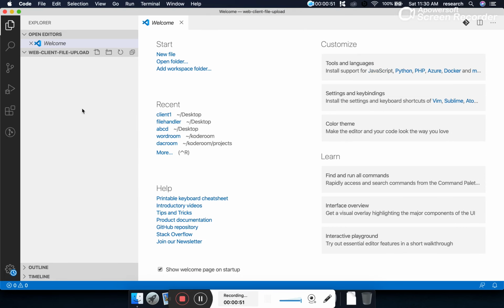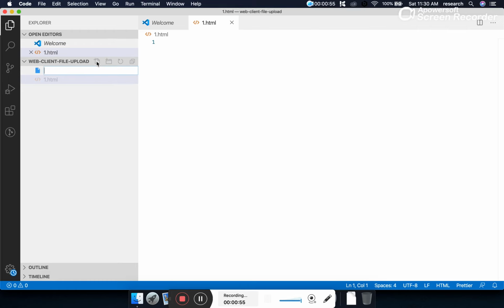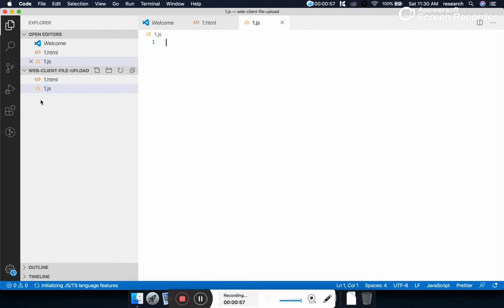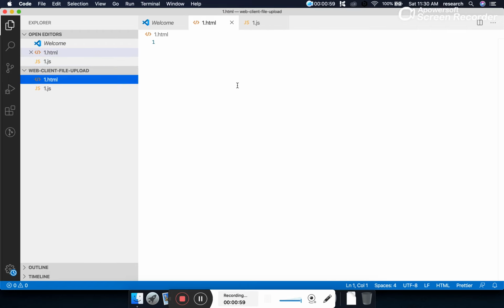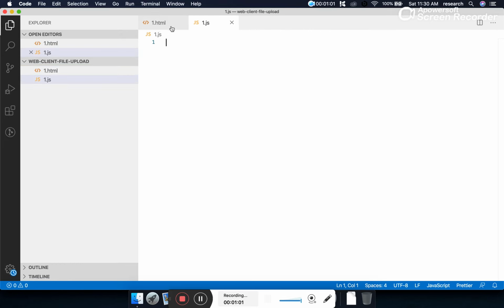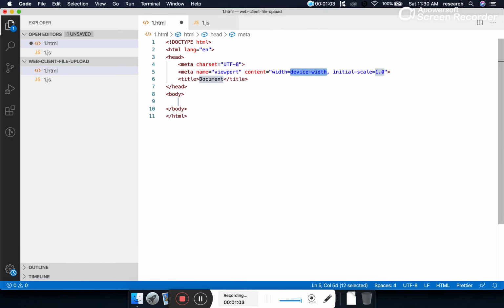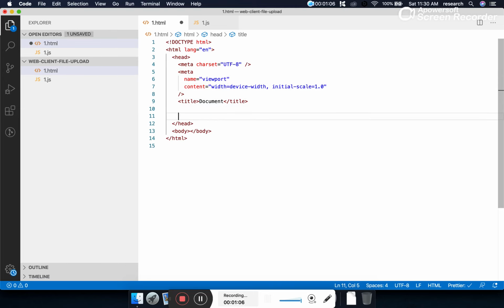Okay, so let's begin by creating two files, one.html and one.js. JavaScript will be used to upload the image, and here let's link the JavaScript one.js, and let's run this program.